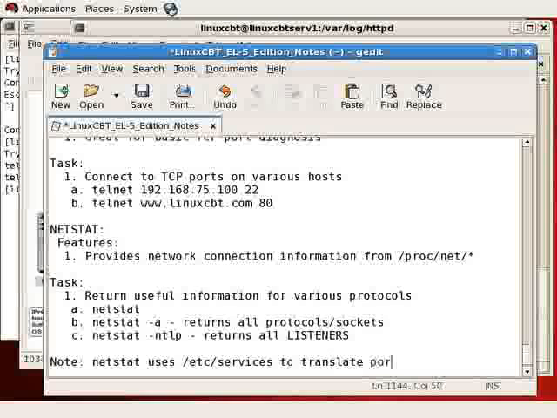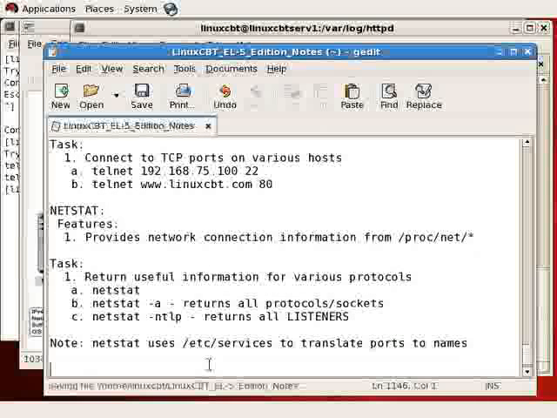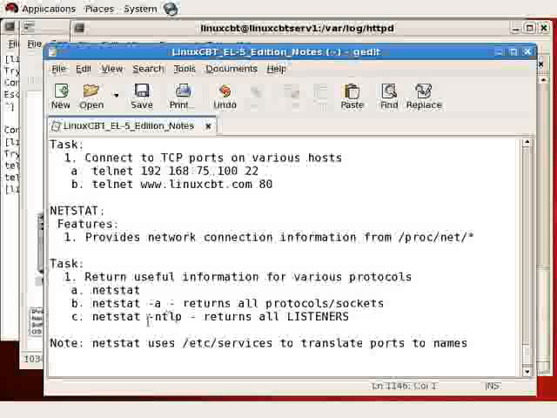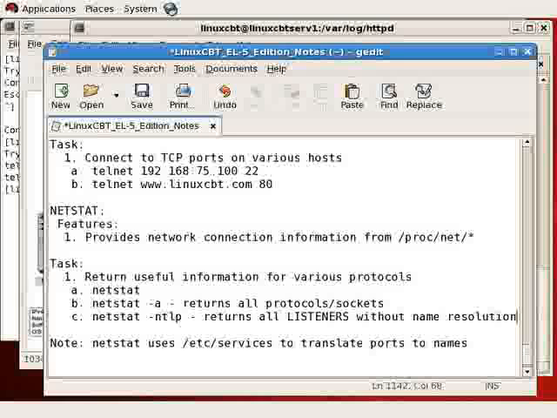Let's just return to the shell. In /etc there is a services file which translates various ports, TCP and UDP, to names such as FTP data, FTP, SSH, Telnet, you name it. So we should just